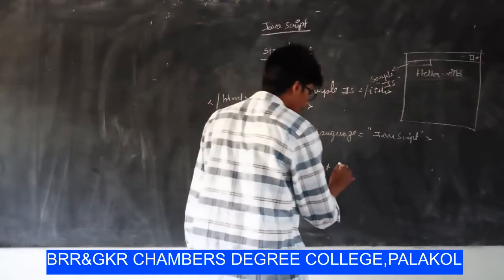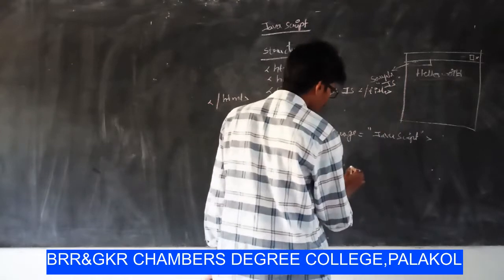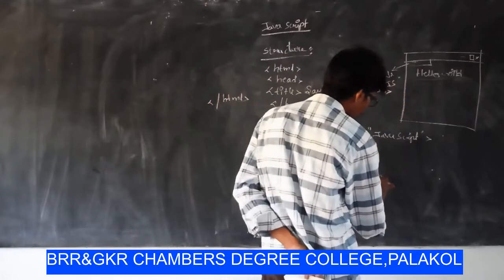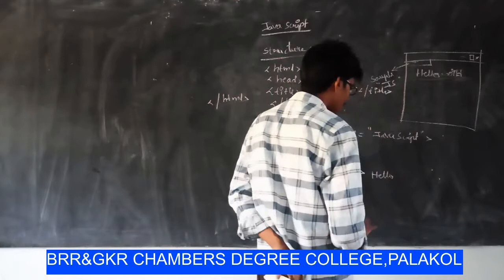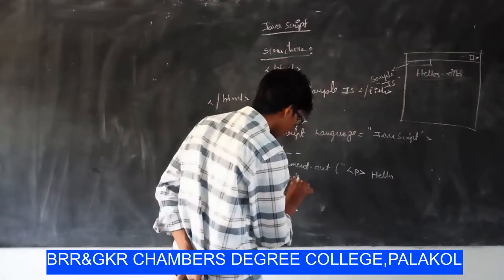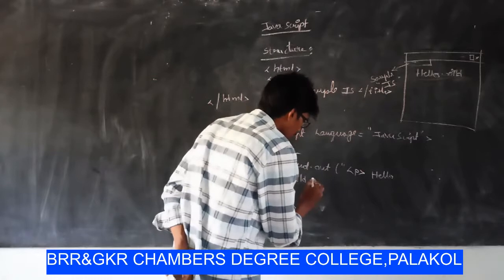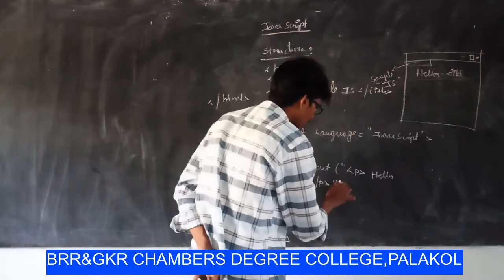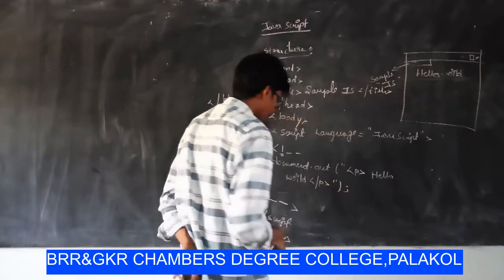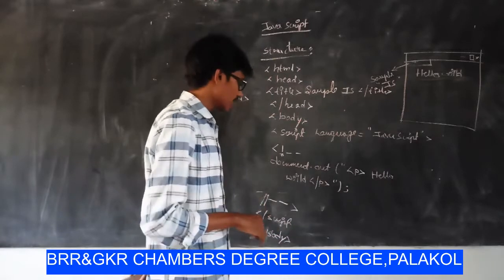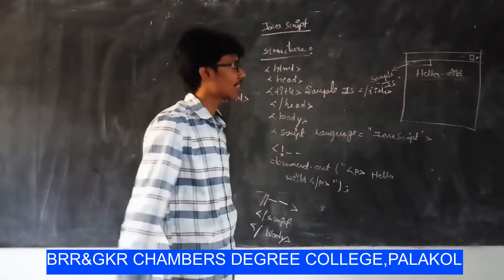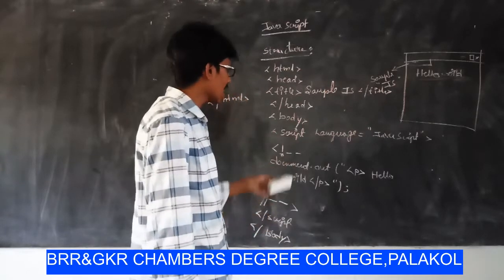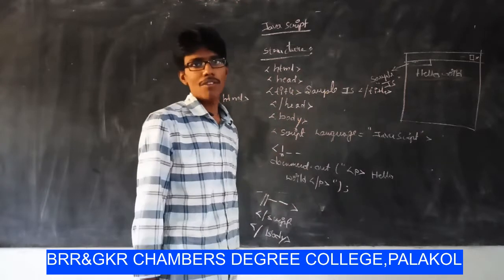Document.write, there you include the sample paragraph with the tag p. Thereafter, what we want to present as the message, display the message that is simply hello world. After that, close the paragraph tag, then close this part with the semicolon symbol. Simply, the message you want to display in the HTML document. Then close this part. By following this type of structure you can include JavaScript programming.